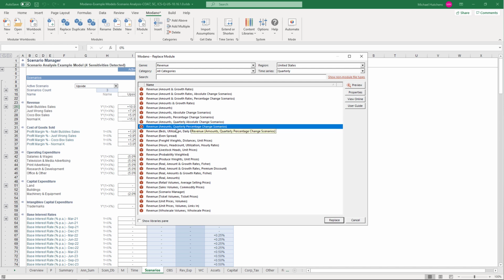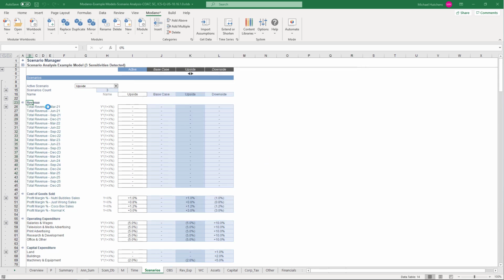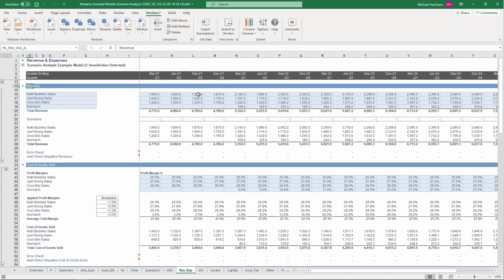So let's assume you wanted to be able to run a scenario that, say, increases your revenue by 10% across the board in a certain quarter. You'd change this to quarterly percentage change scenarios. You would replace this module, and when you put the module in, you'll see now it changes and it's going to restore some of the assumptions. So you can see now I've got the same assumptions up here, but I've got the scenario coming through